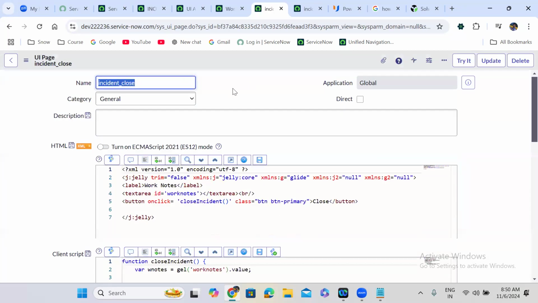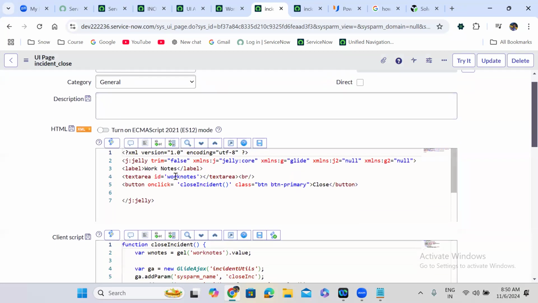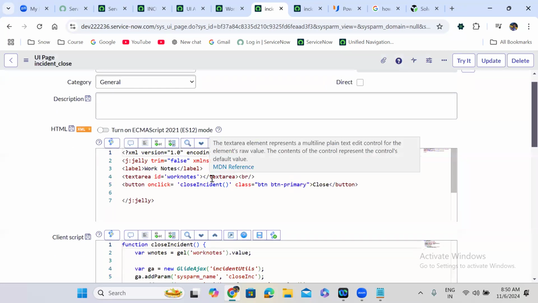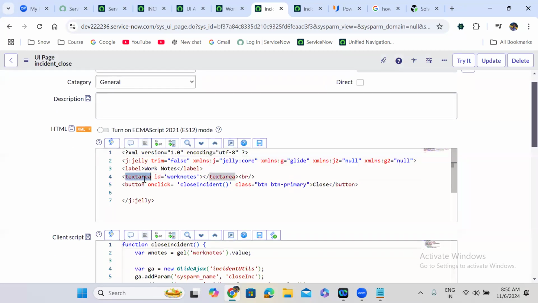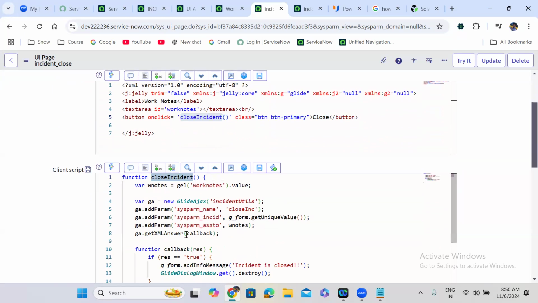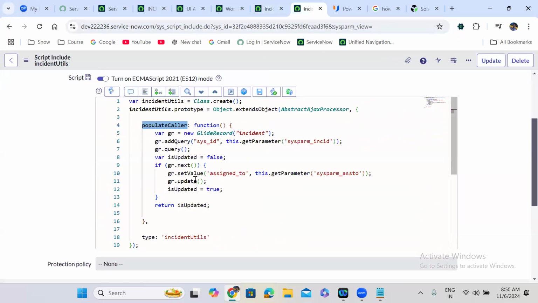I have created a UI page called incident close UI page. In that, I have actually created a field called work notes field. Okay, text area. Text area is actually tagged in the HTML. Okay, close button. I've created a close button. Whenever you click on this button, it will actually call this function. In this function, I am taking the work notes. Okay. So in the script include,